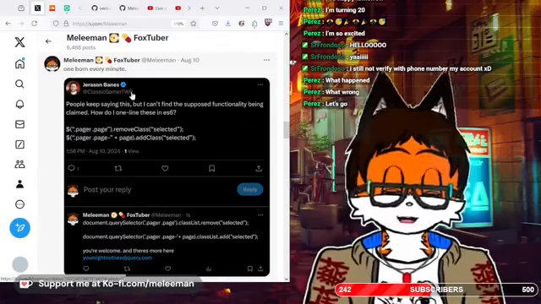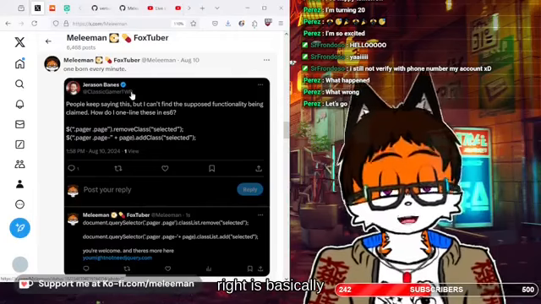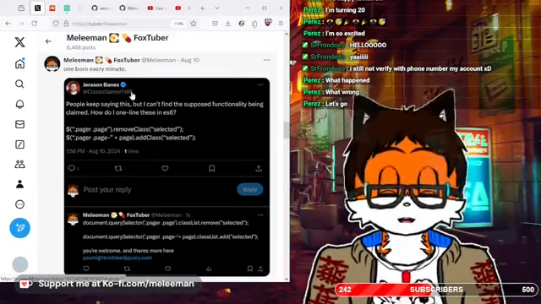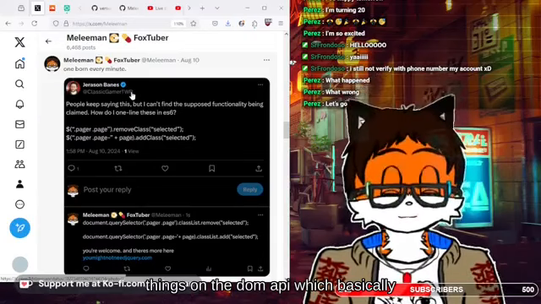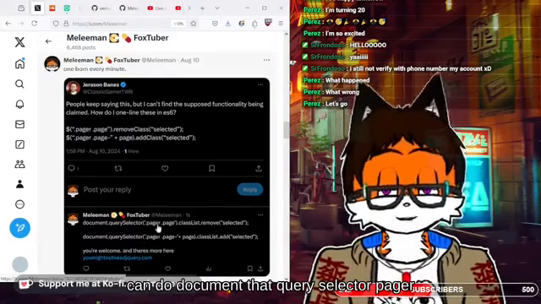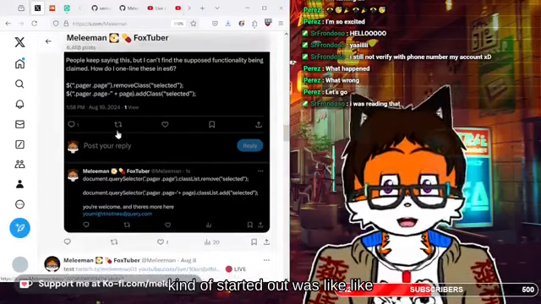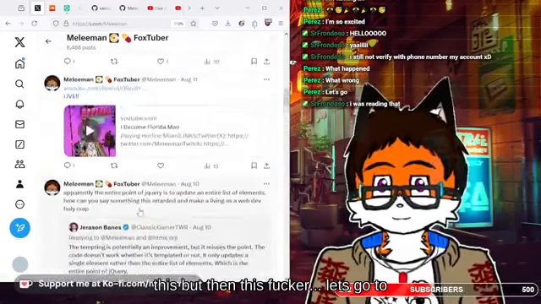Basically, ECMAScript 6, also known as modern JavaScript, included a way to query things on the DOM API, which basically turns it into jQuery pretty much. You can do document.querySelector, pager, page, whatever that was. And so it started out like this, but then this